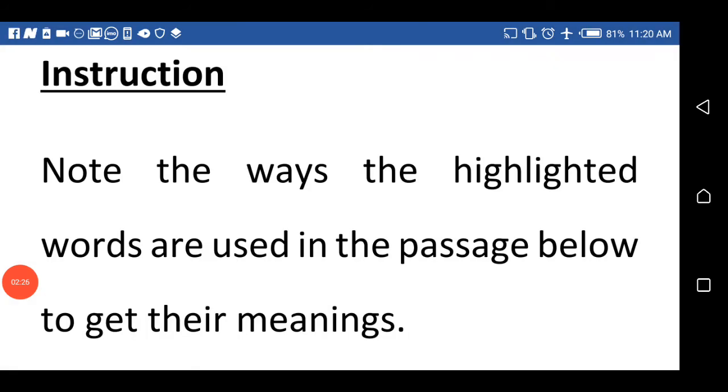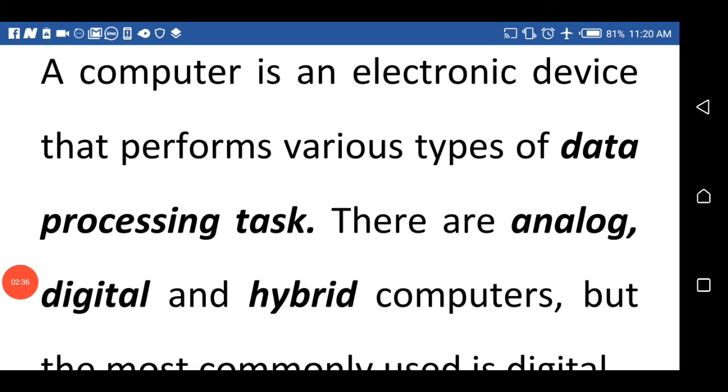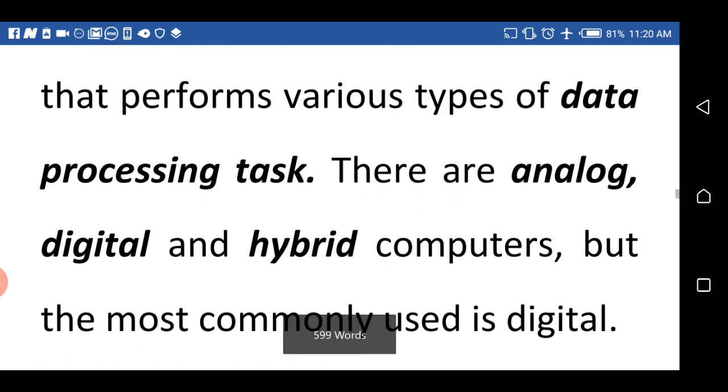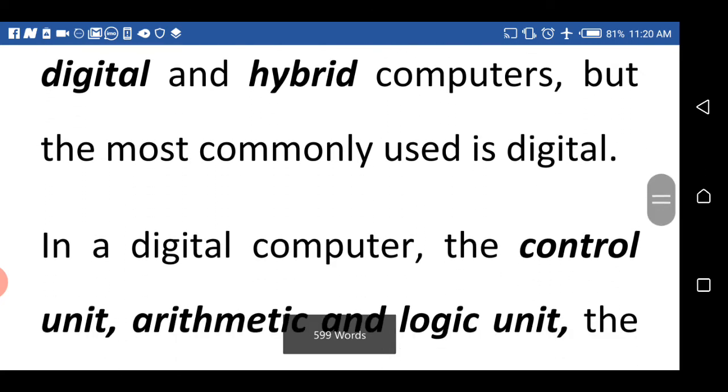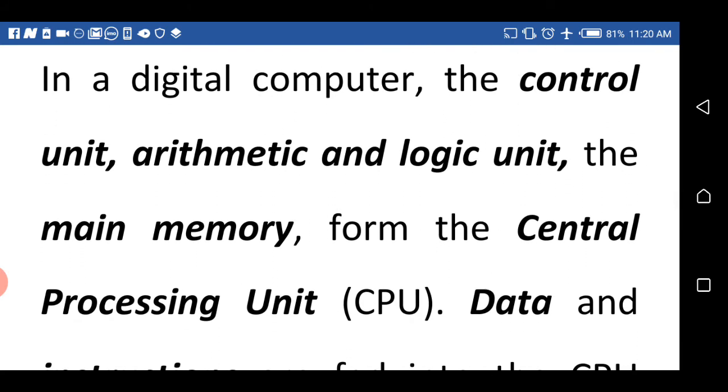Now note the ways the highlighted words above are used in the passage below to get their meanings. A computer is an electronic device that performs various types of data processing tasks. There are analog, digital, and hybrid computers, but the most commonly used is digital. In a digital computer, the control unit, arithmetic and logic unit, and the main memory form the central processing unit called